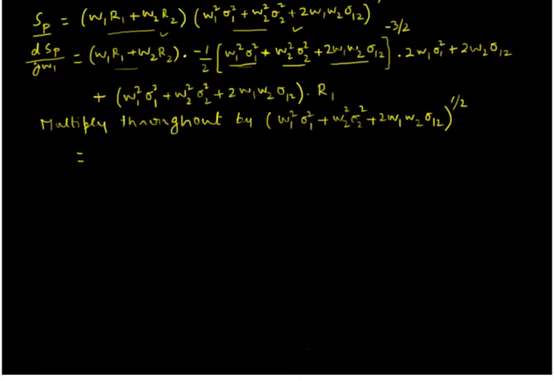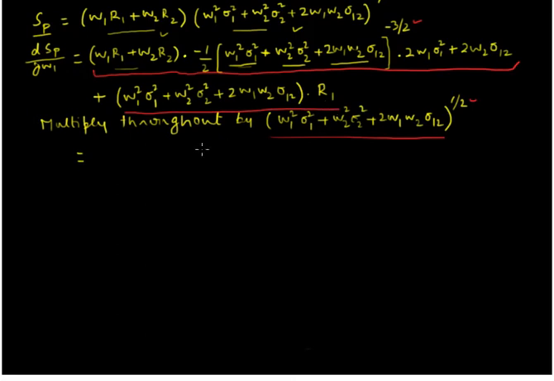From this whole term, let me highlight it in red because there are too many items. From this term, when we multiply by this term, the exponents, this one and this one, are going to get added. And when they get added, they are going to leave us with an exponent of minus 1 here, which is much more manageable than minus 3 over 2. And when we multiply this term with the second item here, this is going to give us,